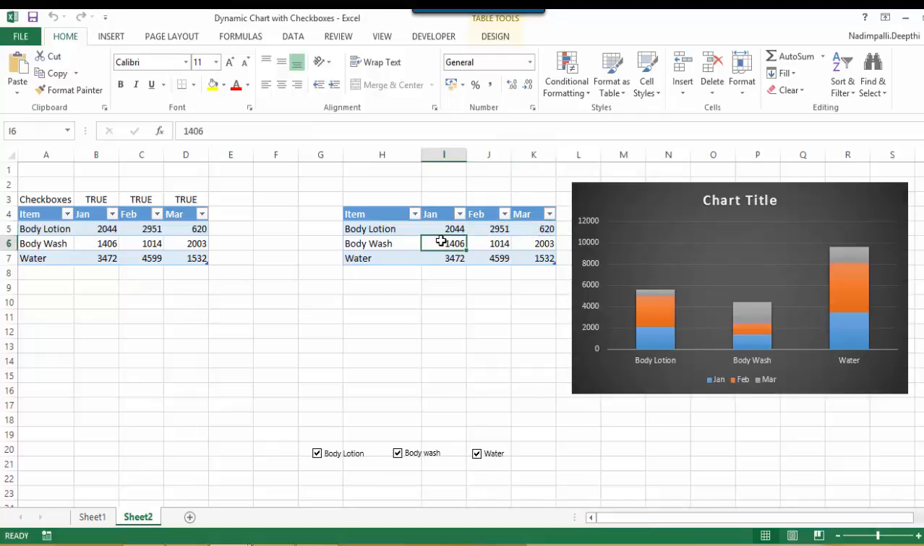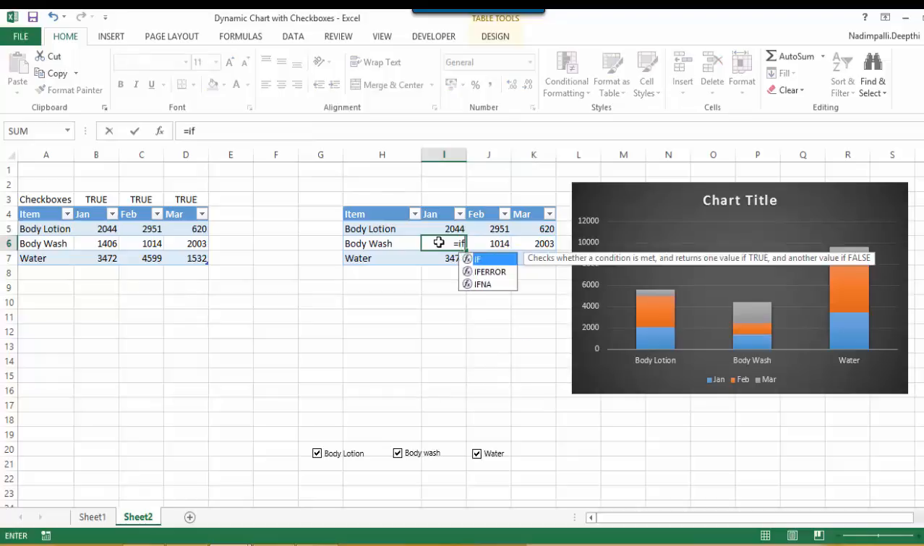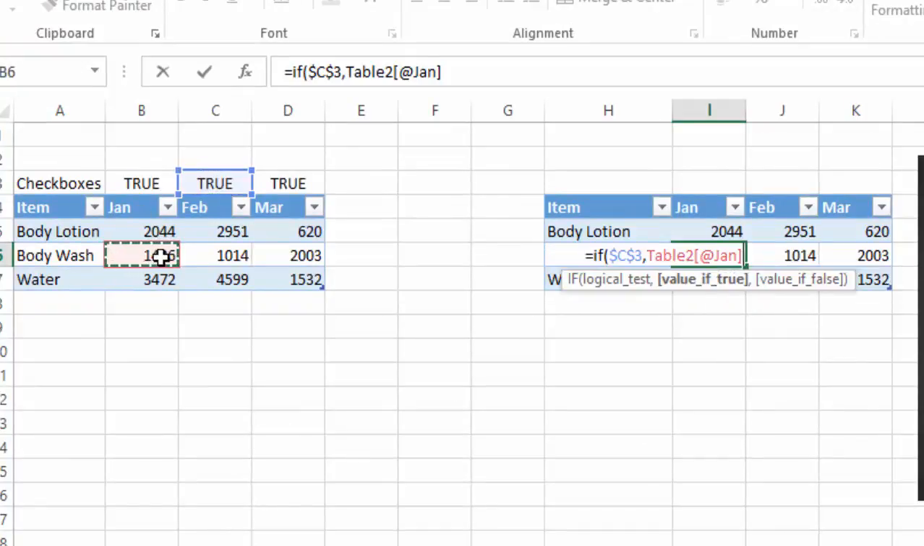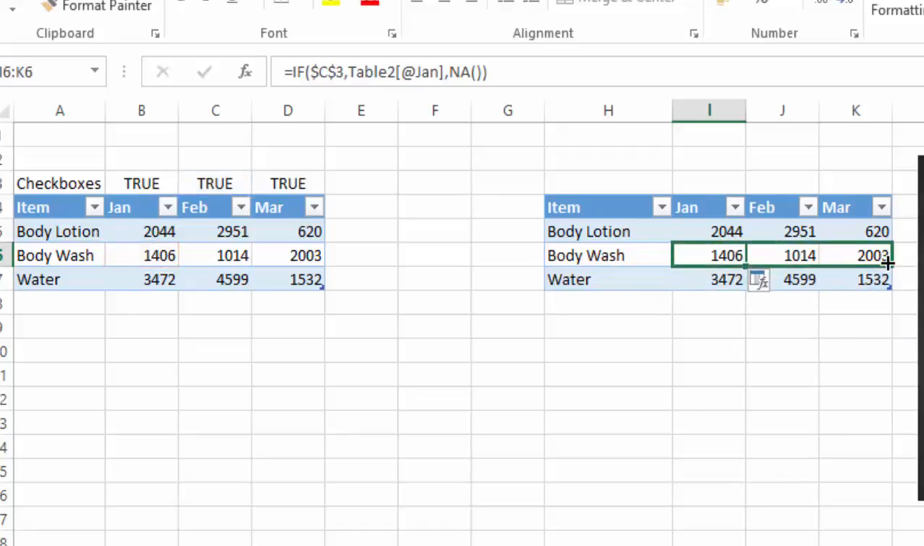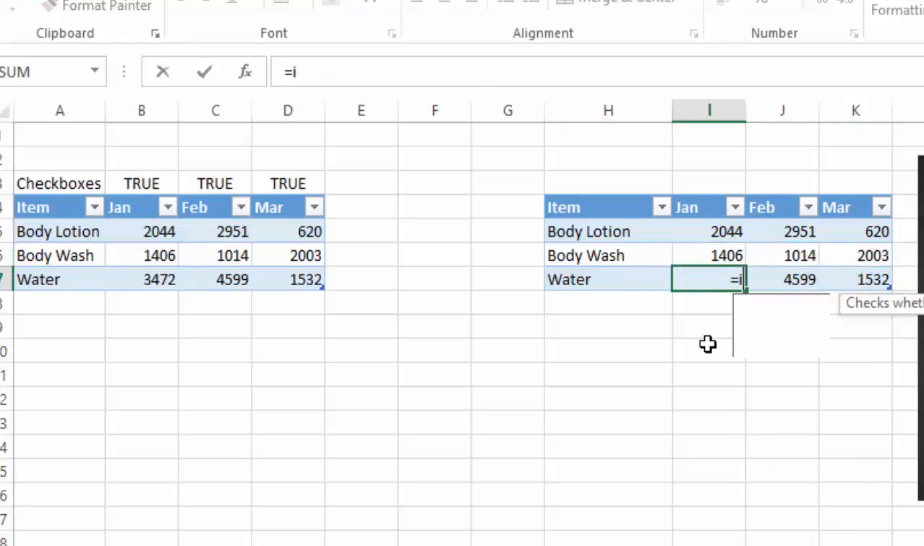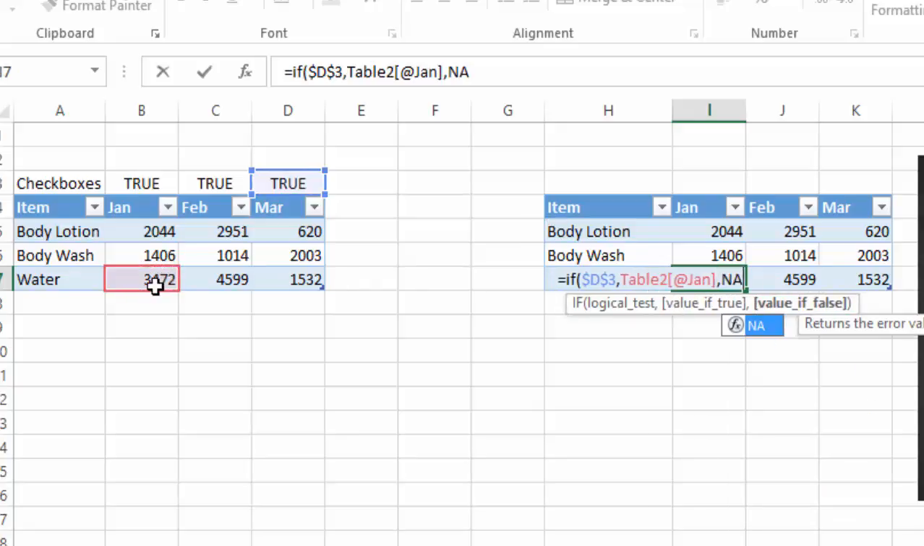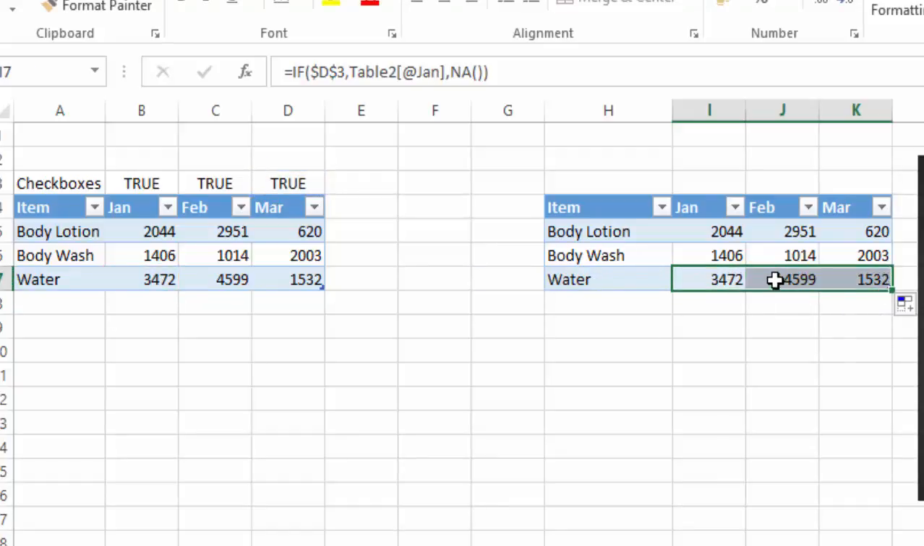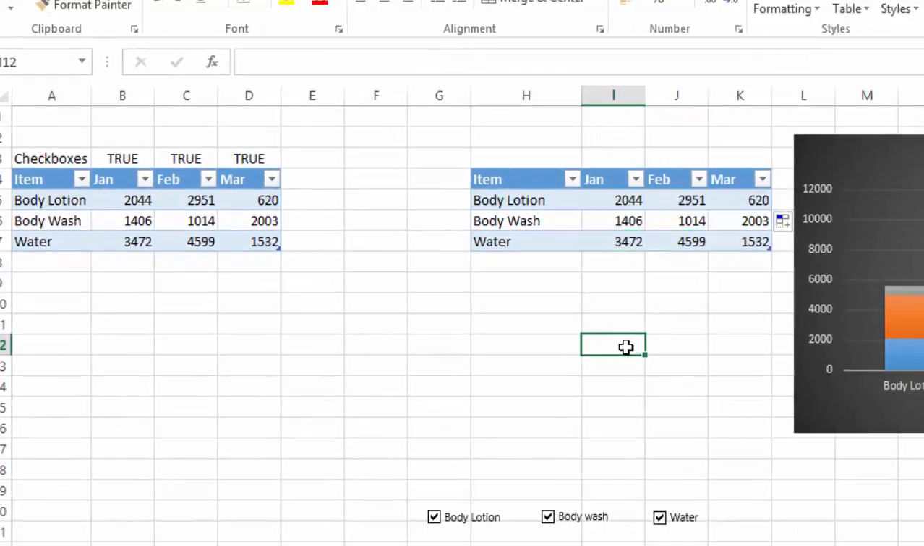Now I'm going to do the same thing for body wash and water as well. It's the same if function. If this is true, then the value is this, and if it is false, the value is this. Now I'm again going to drag it, and the same thing here as well. If this value is true, which connects to the water checkbox, press F4 so that it gets locked. The true value is this, and the false value is NA, bracket close. So now you see that all these are fixed,